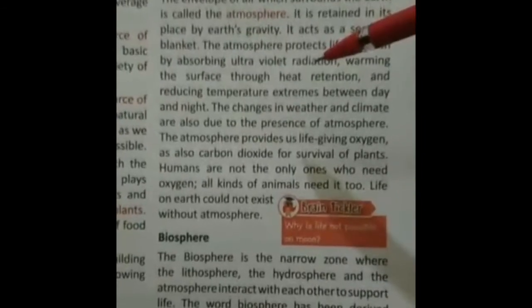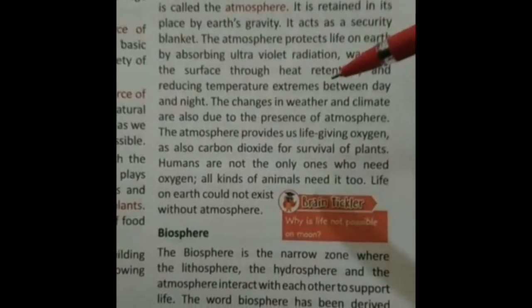It also protects from the ultraviolet rays of the sun and from